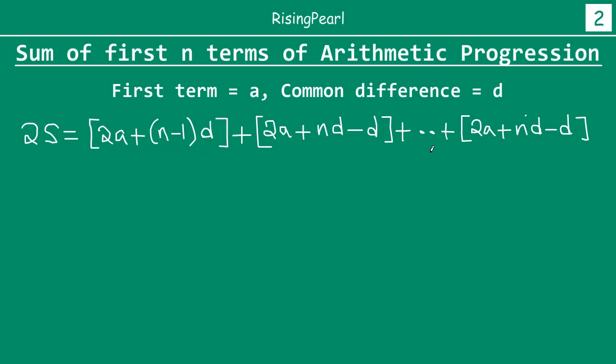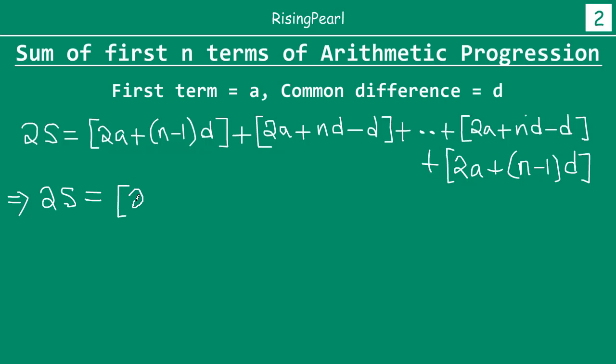I'm just writing this again one more time, plus the last term was 2a plus n minus 1 times d, right? So now if you look at it closely, let's try to simplify this if we can. So 2s is equal to, we cannot really simplify the first term anymore, so let us just write it the way it is, 2a plus n minus 1 times d